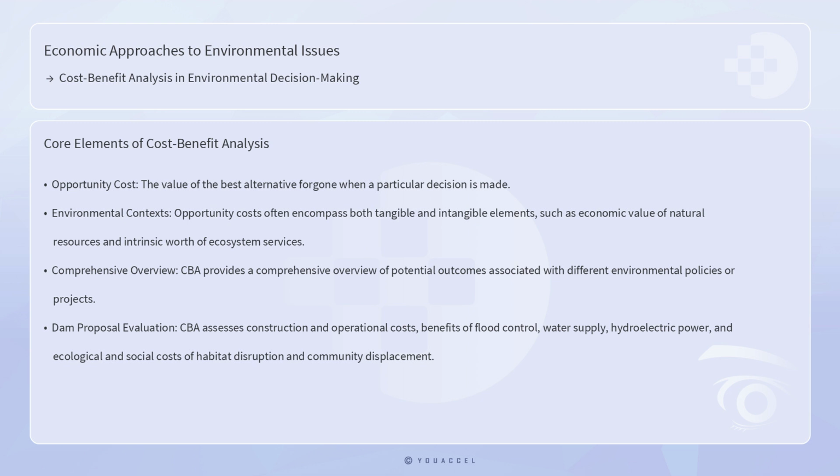At the core of cost-benefit analysis is the concept of opportunity cost, which is the value of the best alternative forgone when a particular decision is made. In environmental contexts, opportunity costs often encompass both tangible and intangible elements, such as the economic value of natural resources and the intrinsic worth of ecosystem services. By systematically accounting for these factors, CBA provides a comprehensive overview of the potential outcomes associated with different environmental policies